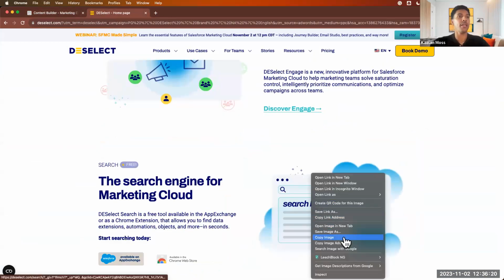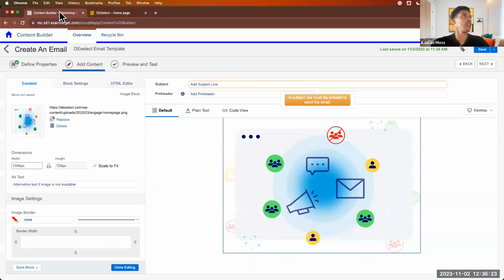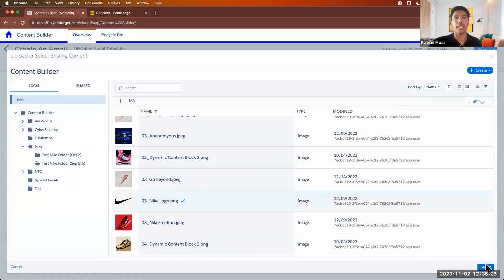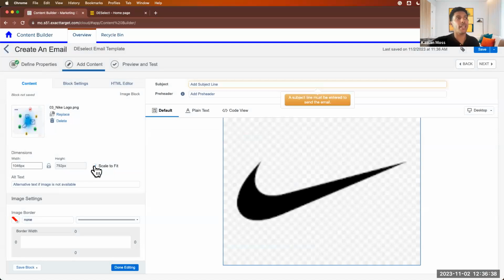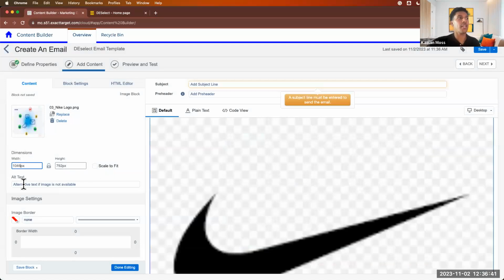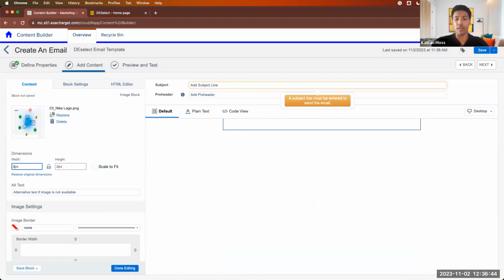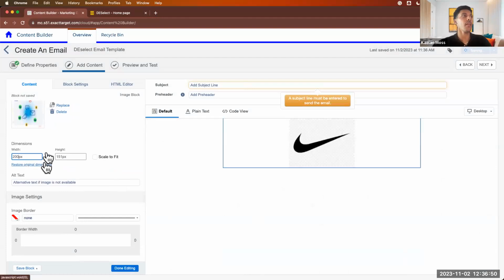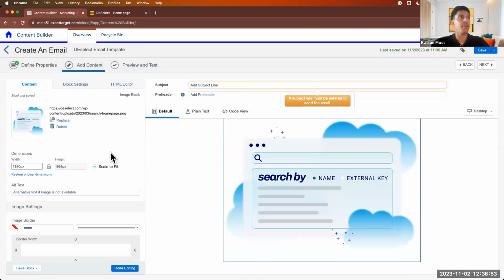If you wanted to pull this one in, I kind of like this one right here. It kind of shows some words as well. So I'm going to just replace it. And what I could do is I could come in and replace it with an image I already have right here, right? So I've already pulled in like a Nike image. I could click that. If I don't like it, I can uncheck scale to fit, and I can just change the pixel size, the pixel ratio here. So if I wanted to do like 200, I could do that. You could change some things up if you want. I'm actually going to delete it and put this other image in. And you see how easy it is to just drag and drop and start creating things inside of Content Builder. It's really not as intimidating as most people make it out to be.